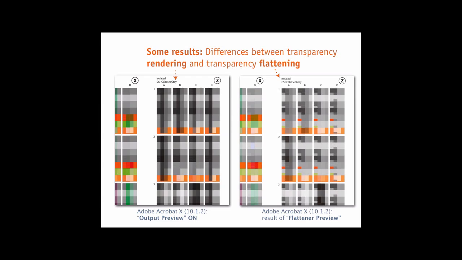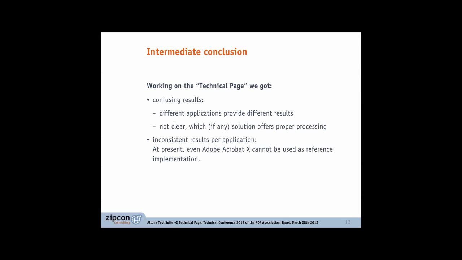Because you want to do some other things that output preview is very good on, switching on and off channels and so forth. Exactly. So you need it for that output part, but it should not behave like this one here, which does it for historical reasons. Exactly. So the intermediate conclusion for us was, while we were working on that test page,